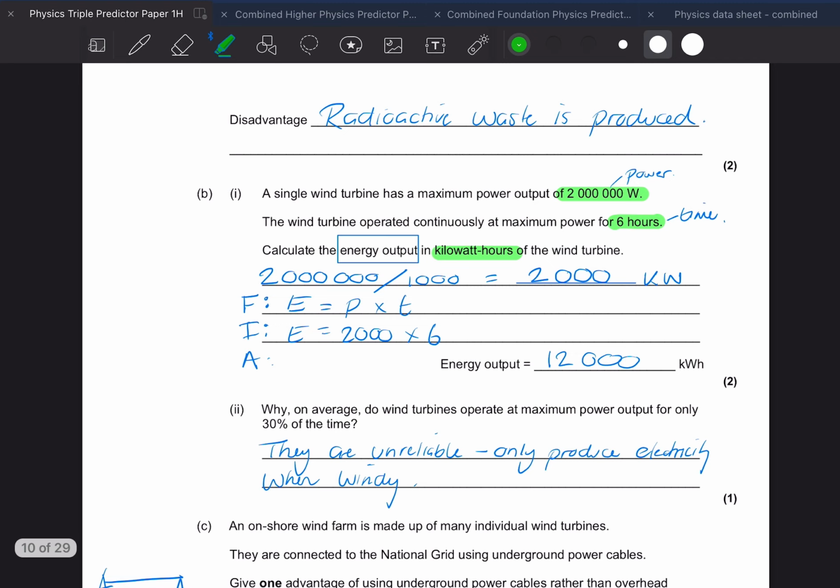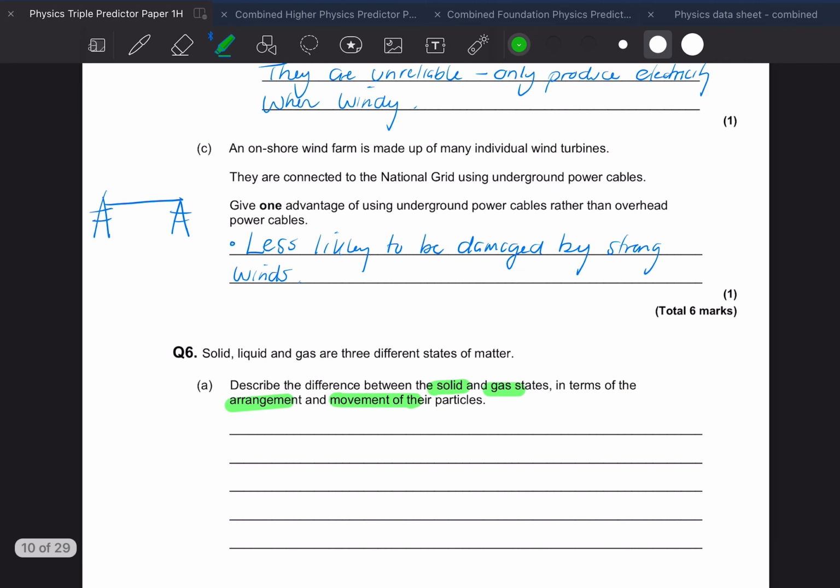Alright, okay, so quite a longer answer here. Worth always having a bit of a plan. So we're going to talk about solid, and we're going to talk about our gas, and we have to mention the arrangement of particles, and we have to mention the movement of particles. That will give us 4 things. So if I can tick these boxes each time I do it, I know that I've done it. So, solids,